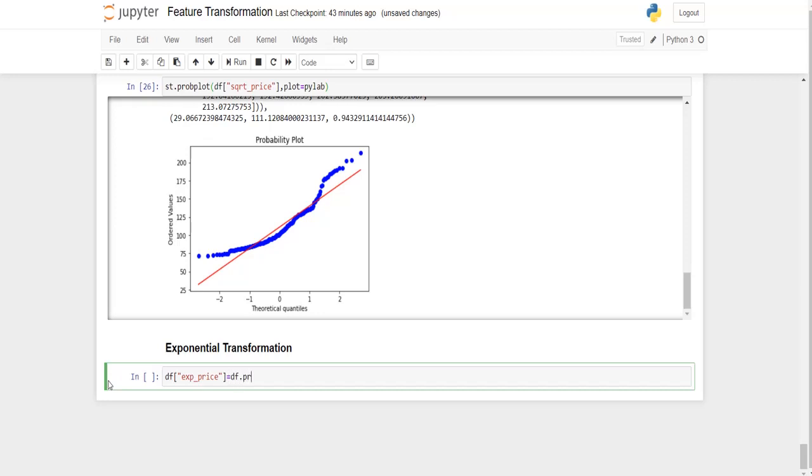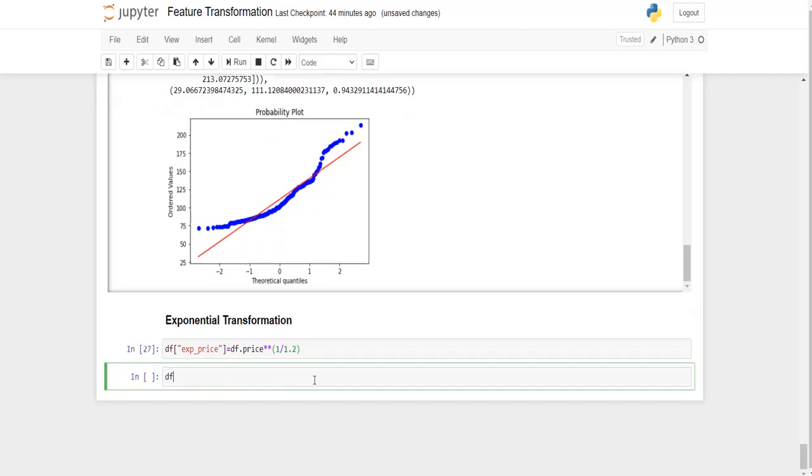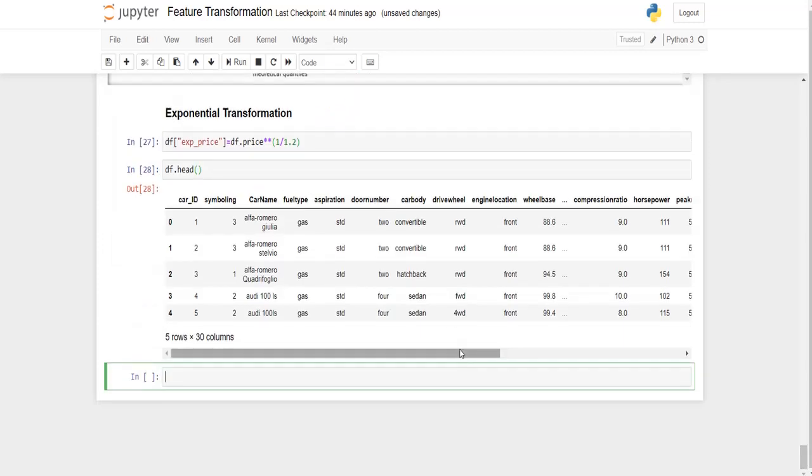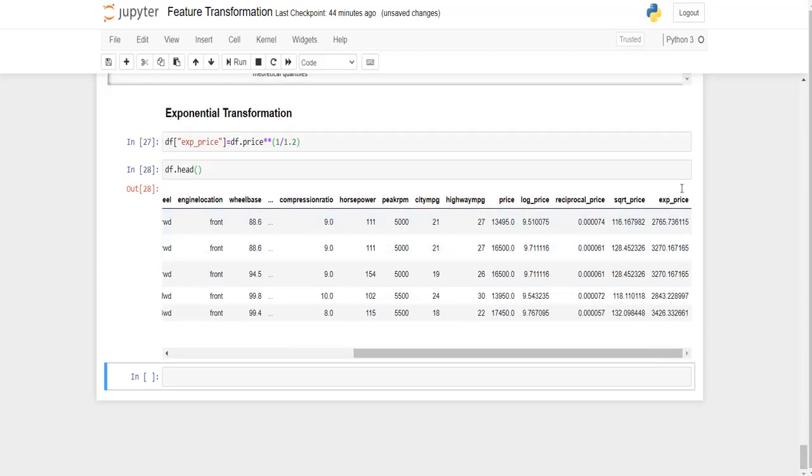So df.price, exponential of, so 1 by 1.2. This will provide the exponential value. So let me print the head of the data frame. You can find a new column named exponential_price.